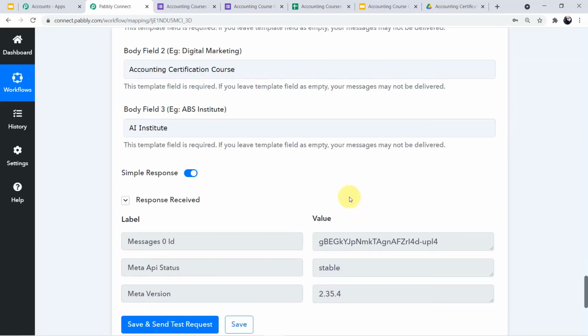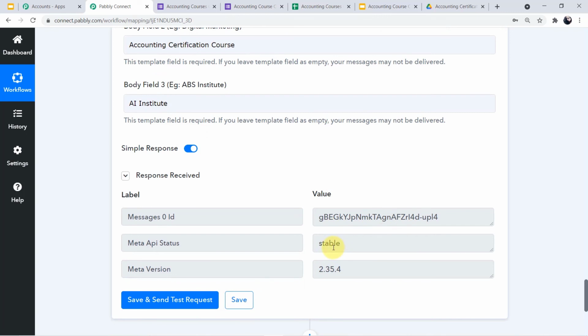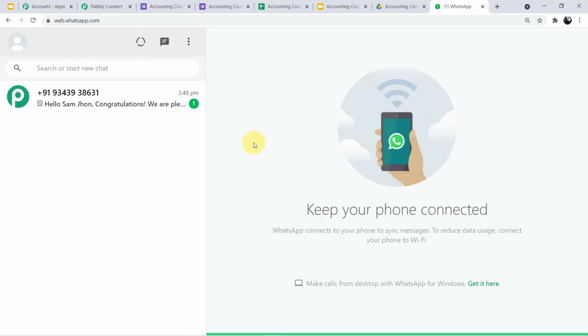Yes, guys, the responses are completely fine. They are successful as no error is showing. Now we'll go to our WhatsApp webpage and we will see if Sam John has received any message or not. Okay, guys, this is my WhatsApp webpage, and you can clearly see a message has arrived here, which is stating,